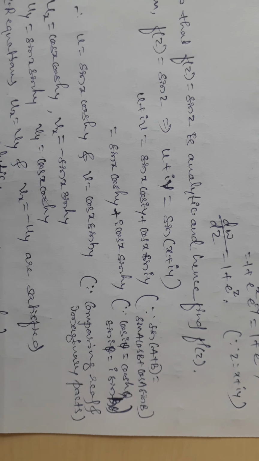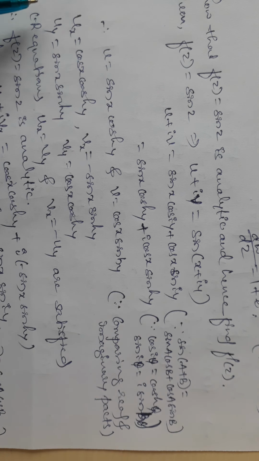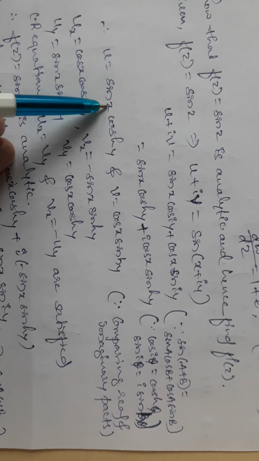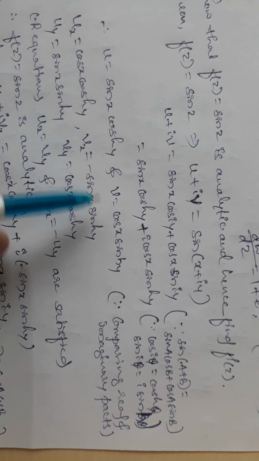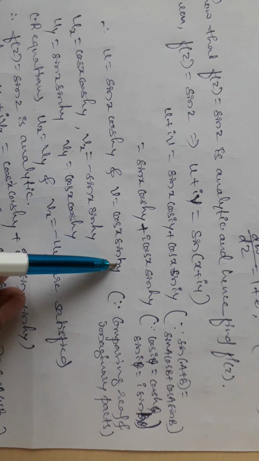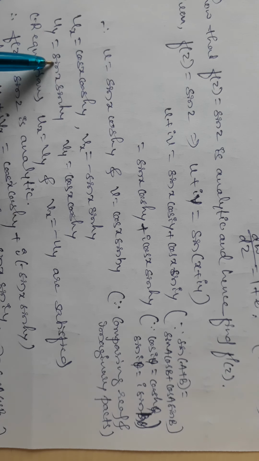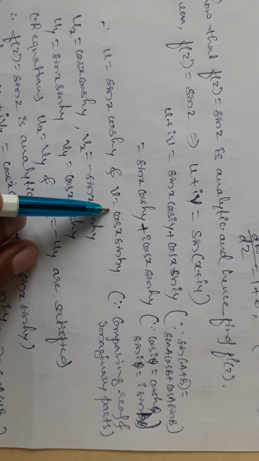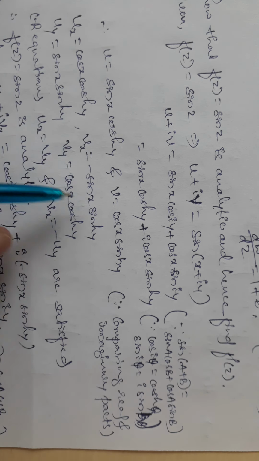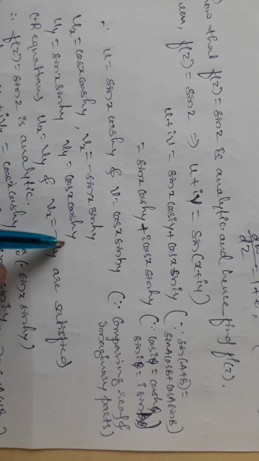Now we can differentiate u and v partially with respect to x and y, therefore ux, only with respect to x, sin x is cos x and keep y term as it is, and vx, that is cos x is minus sin x, keep the y term as it is. Now uy with respect to y, keep the x term as it is, differentiation of cos hyperbolic y is sin hyperbolic y, and the second term v with respect to y, cos x, x term as it is, differentiation of sin hyperbolic y is cos hyperbolic y.